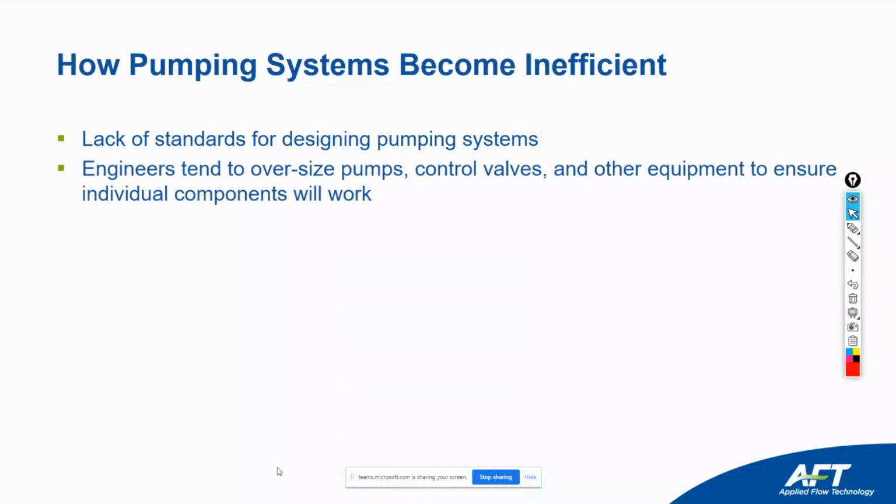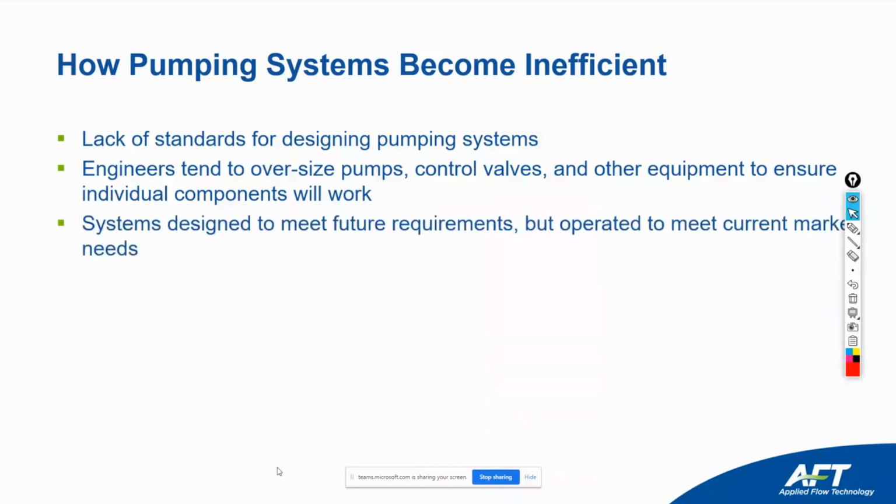And when that happens, it's quite possible to oversize pumps or valves, other pieces of equipment, and that can cause problems. Systems designed to meet future requirements may only be operated to hit current needs, and so that can throw